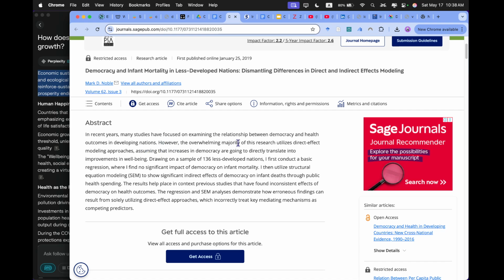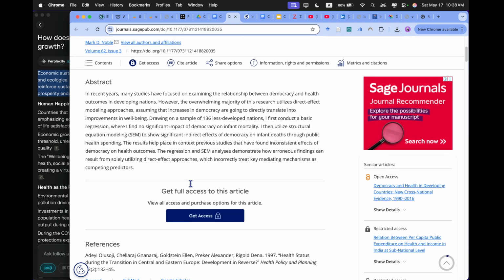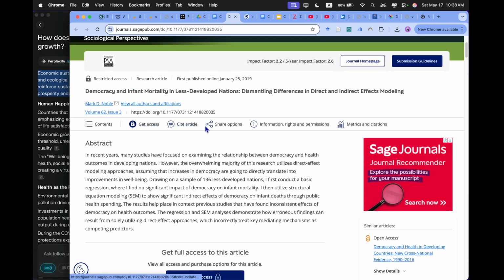However, the overall, drawing on a sample of infant mortality. Then I utilize structure. Okay, same thing. Now, I don't have access to this journal,